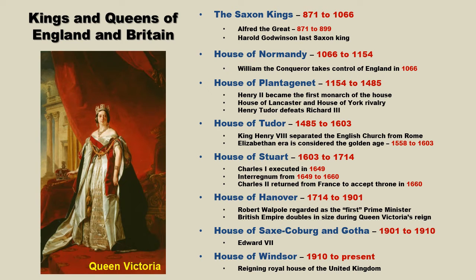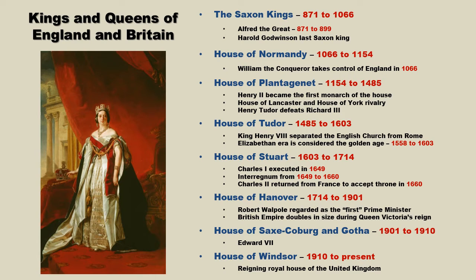The last British monarch of the House of Hanover was Queen Victoria. By this time, the United Kingdom was already an established constitutional monarchy, in which the reigning monarch held little political power. However, behind the scenes, Queen Victoria attempted to influence government policy and appointments. Victoria's reign of 63 years and 7 months was longer than any of her predecessors. Her tenure has become known as the Victorian Era.